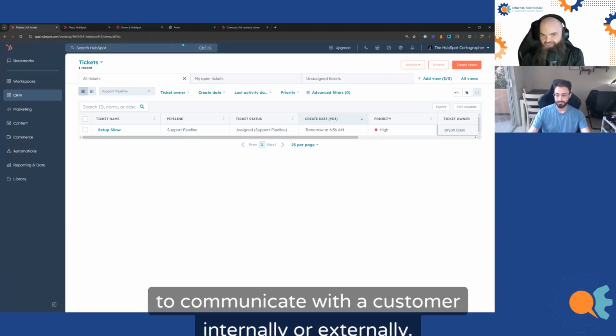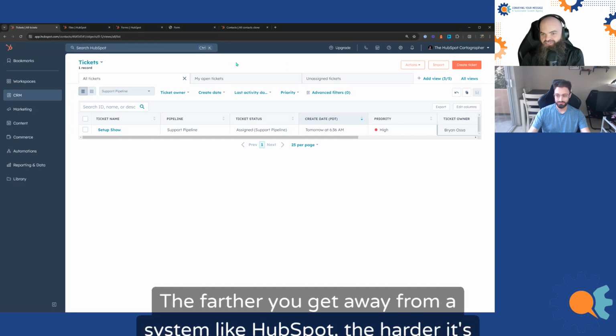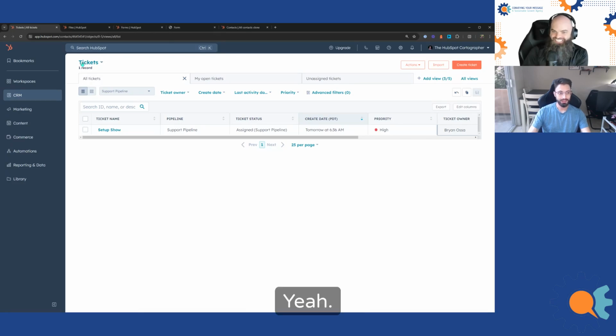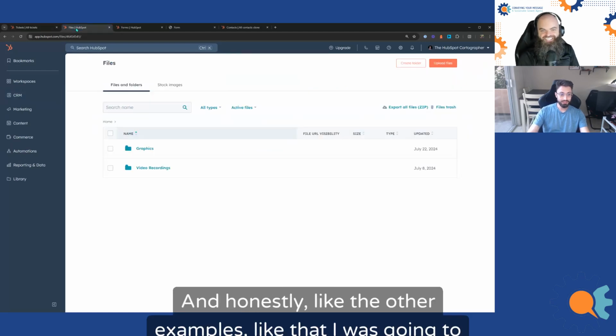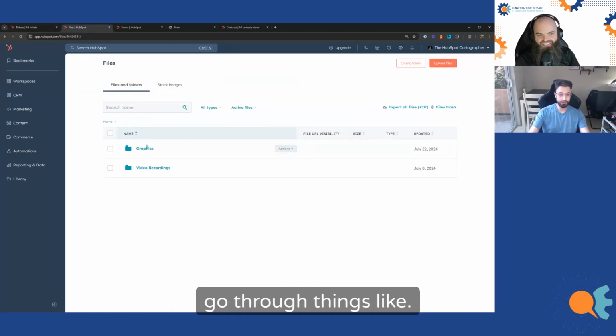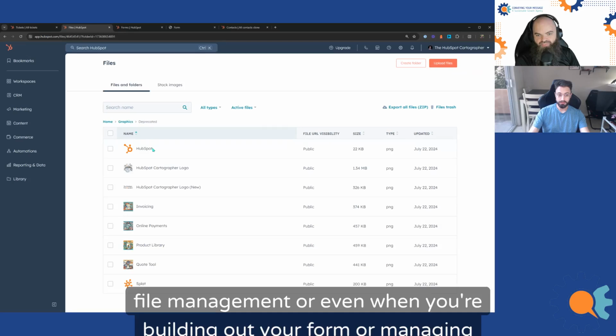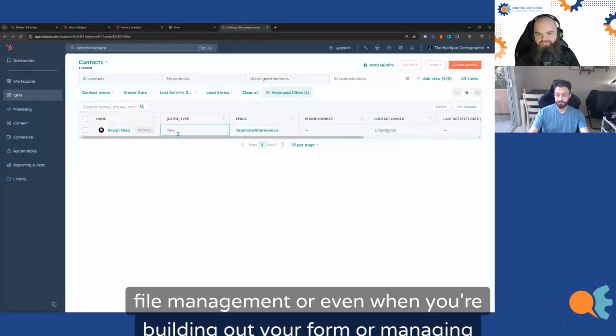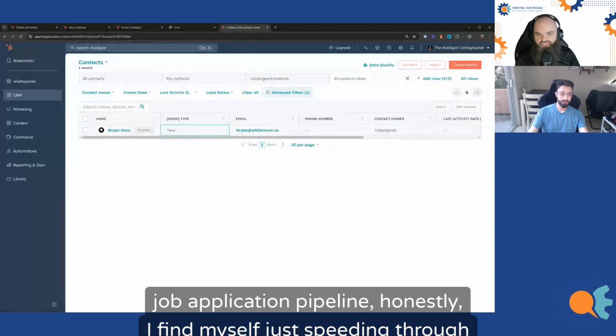And to communicate with a customer, internally or externally, the farther you get away from a system like HubSpot, the harder it's going to be, especially when we get to network attached storage and VPN networks, right? And honestly, the other examples I was going to go through, things like file management, or even when you're building out your form or managing a job application pipeline,